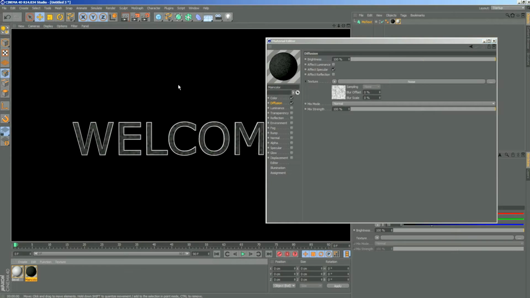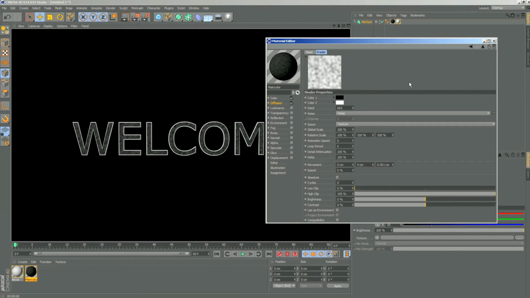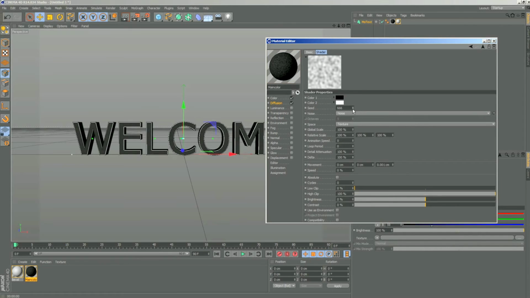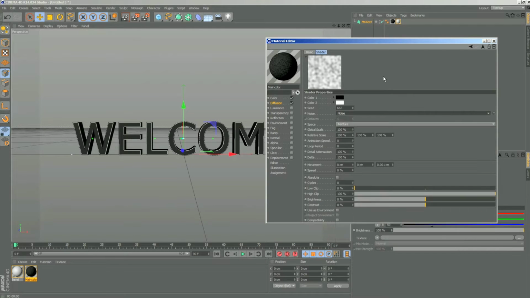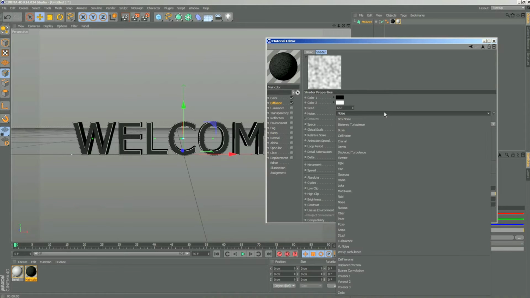Of course maybe you like it, but I will go more less noisy. So how can we change the noise? We will click on the noise, and you have the colors and the seed here. If you change the seed, it'll just randomly change the seeds. We will stick now with the noise. When you click on the noise, you have some presets. You can do it manually, you have all the options for it, but we will just stick with a preset, and I will choose